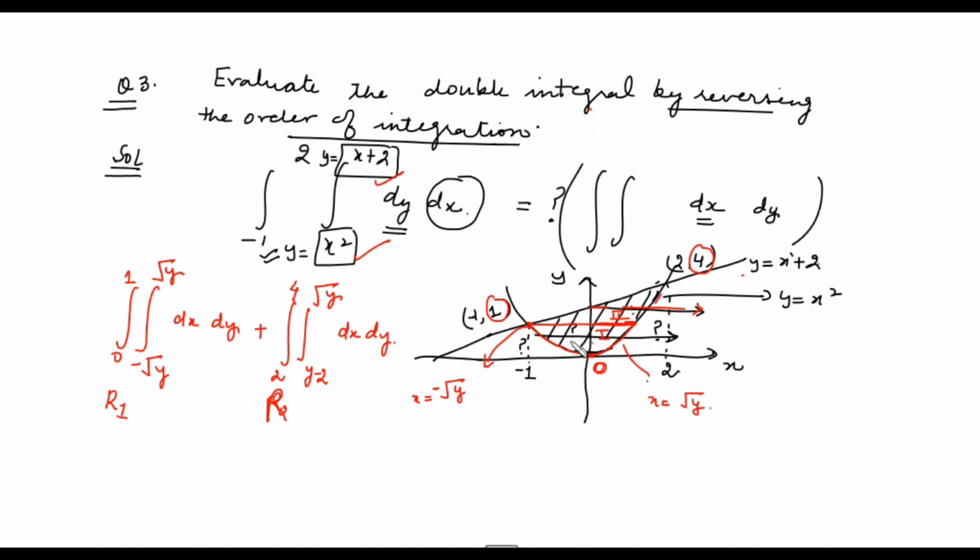And see the minimum and max value of the other variable in both regions. In this way we will find the value of the integral by finding the limits. Now you just evaluate with respect to x first, substitute the limits, then with respect to y substitute the limits. Similarly over here. So this is the third type of problem, where we evaluate the double integral by reversing the order of integration. For that, we have to sketch the region of integration and then integrate.